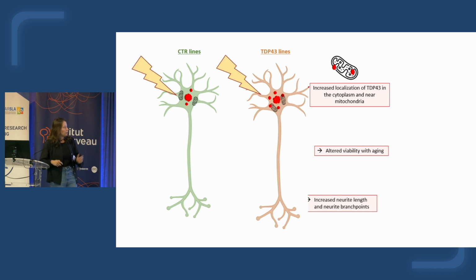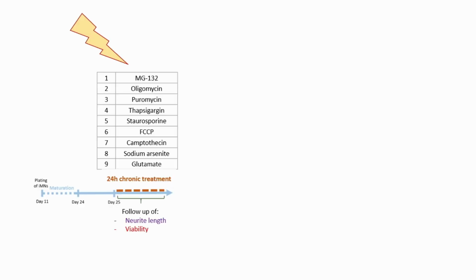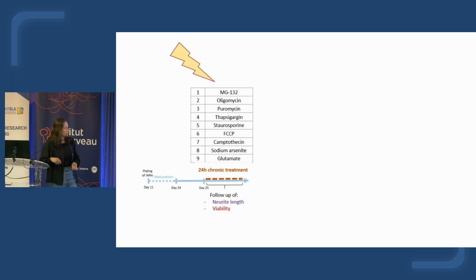So we thought that maybe what would be easier is to stress them and try to trigger the susceptibility that we see in the TDP43 lines. So this is what we put in place. We took a bunch of different drugs, which I know you must know all of them. We tried to target ER stress, mitochondrial stress, inducing apoptosis, glutamate. We plated our motor neurons and matured them until day 24, because we still need to have mature motor neurons in there. Then we did a 24-hour, actually a bit longer, chronic treatment with all of these drugs